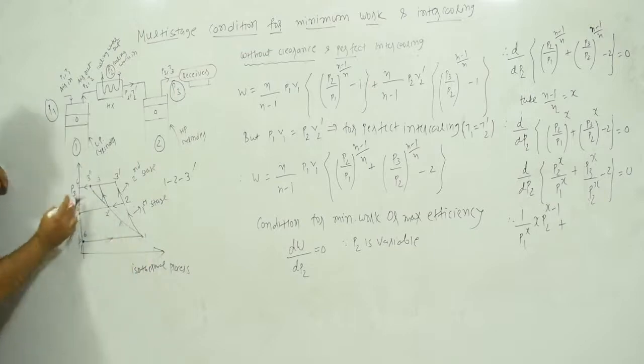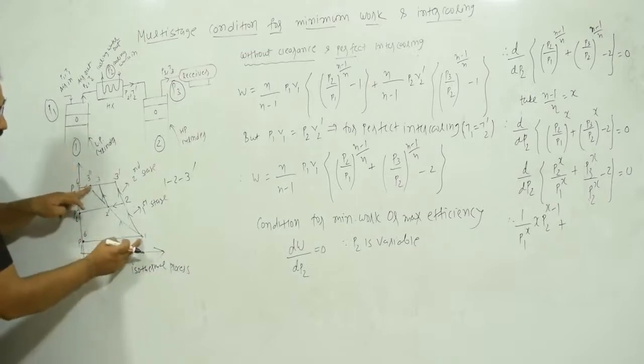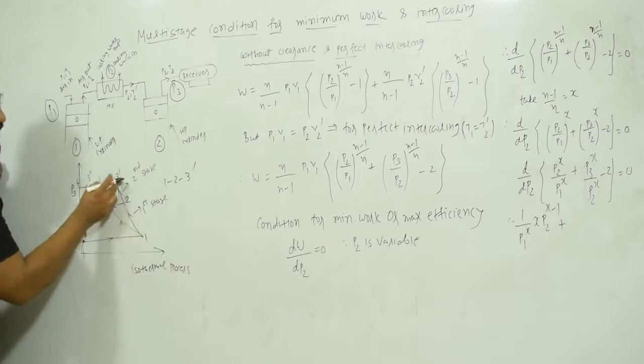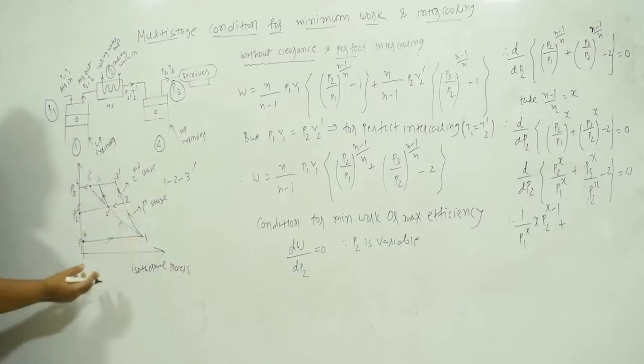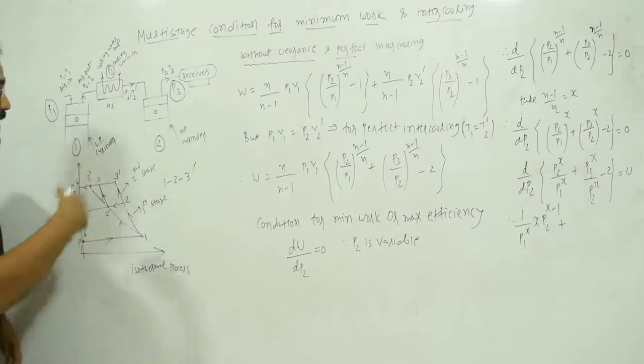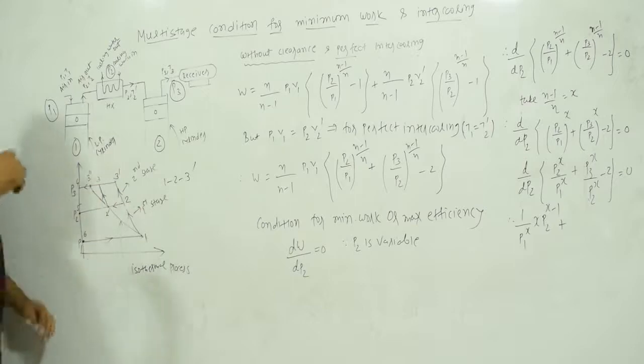So for an isothermal process you will require minimum work, but this is the theoretical thing. And we know that single stage compression, 1 to 2, 2 to 3, requires the maximum area, where you get the maximum area under the curve. So there you require the maximum work. So what we have to do is think practically.